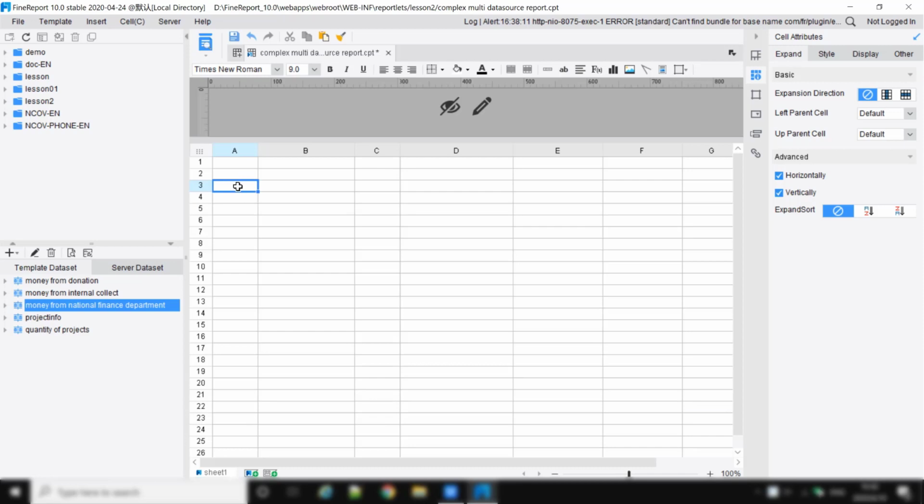All right, so now let's make the complex multi-data source report. Very first, we're gonna enter in different titles for the report. As we're making the table, the idea for making a complex multi-data source report is still using one thing in common,